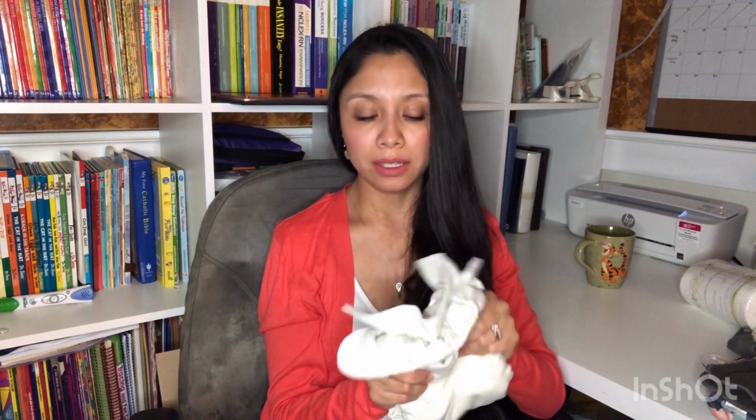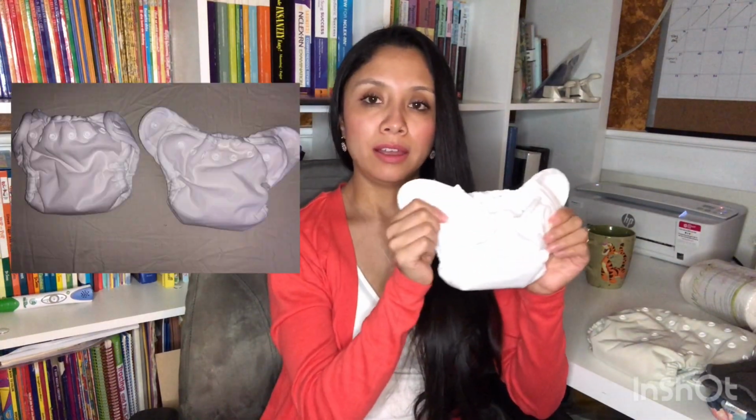They are fabulous. But one thing that happened to me is that I actually bought them before the baby was born. I wanted to be ready. I wanted to have everything, and I realized that for a newborn, they were a little too big. Even though they're all in one, they're meant to grow. My baby was only 6 pounds, and it was just too big for her. I just felt like she was too uncomfortable,